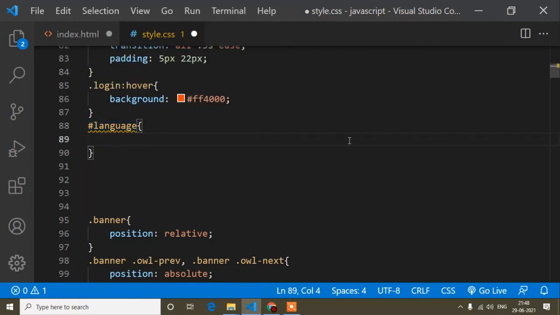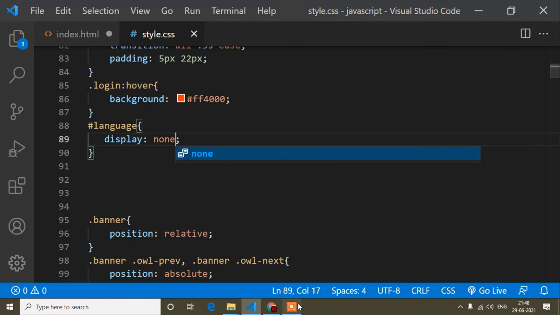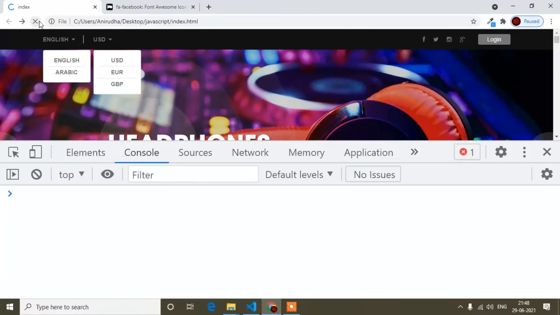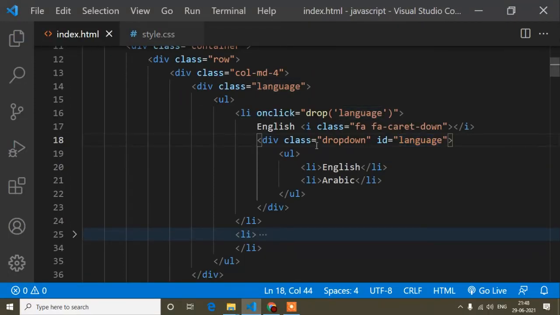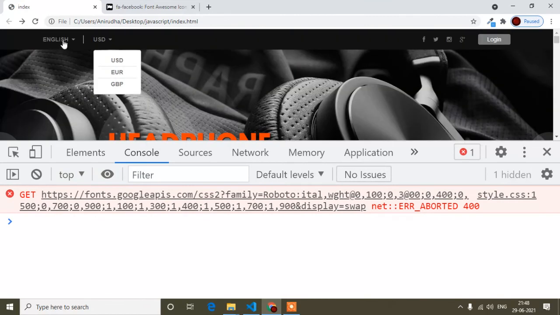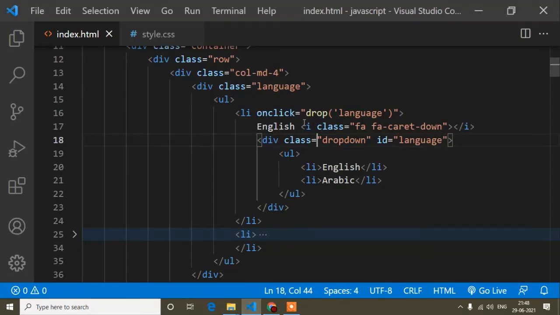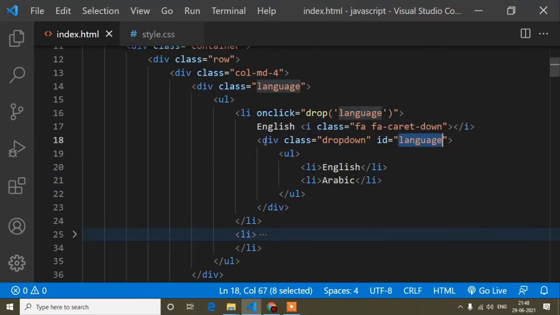So hashtag language, and first I will write display none, that means this will be hidden. If I refresh, okay, I forgot to save the HTML, so now save, and if I refresh, you will find this one is hidden, because here I have written the language id with display none, so it will not display our drop down menu.